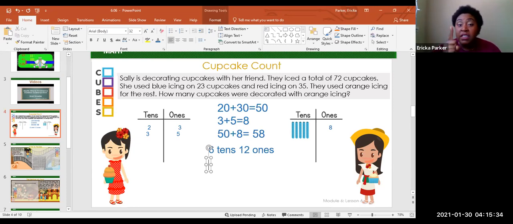Now, the first thing we did was figure out how many cupcakes were already iced between red and blue, which we did 23 plus 35, which gave us 58. Okay, so we already know how many blue and red cupcakes we have. We got to figure out how many orange cupcakes there are, right? We know that there's a total of 72 cupcakes out there, okay? Out of those 72 cupcakes, 58 of them